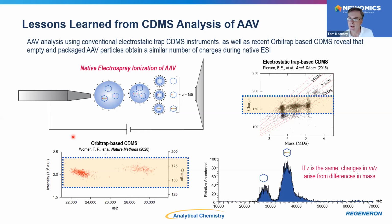Okay, great. Thank you. You mentioned in-process support. Is there any sample prep/cleanup required for AAV culture before LC native MS analysis? Yeah, this is a great question. So we've done some analysis further back where there were more culture components in the sample, and the signal to noise was not nearly as good, but really the front end buffer exchange allows us to look at these samples directly from in process without any sort of